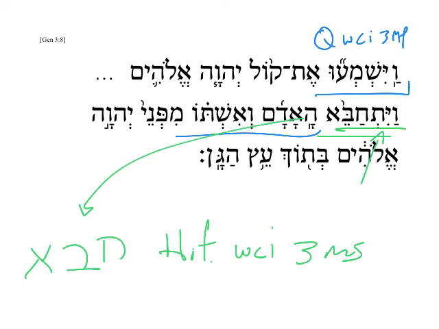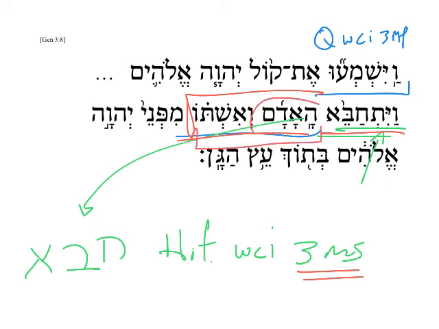Now, a minute ago, I translated this as they because I was looking at the subject, but now that I'm looking closer at it, it's not they, it's 3ms, it's he. So kind of we have a compound subject, but really only the first noun here is what this plays off of. So, and he hid himself, the man and his wife, from before the Lord. And this happens sometimes in the Bible. Sometimes we'll have a compound subject which will take a plural verb, and sometimes a singular, like here.